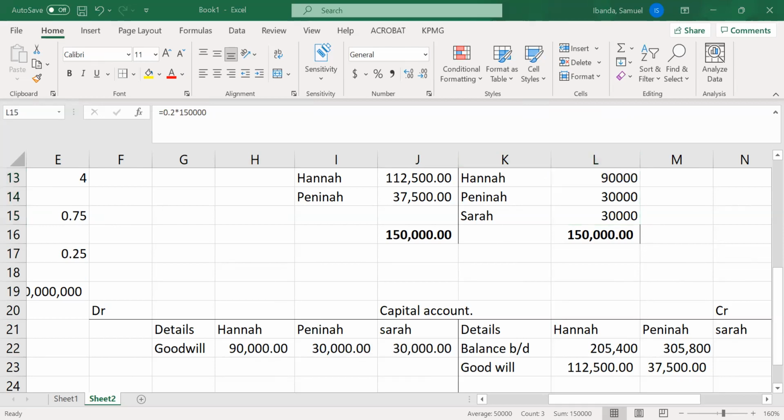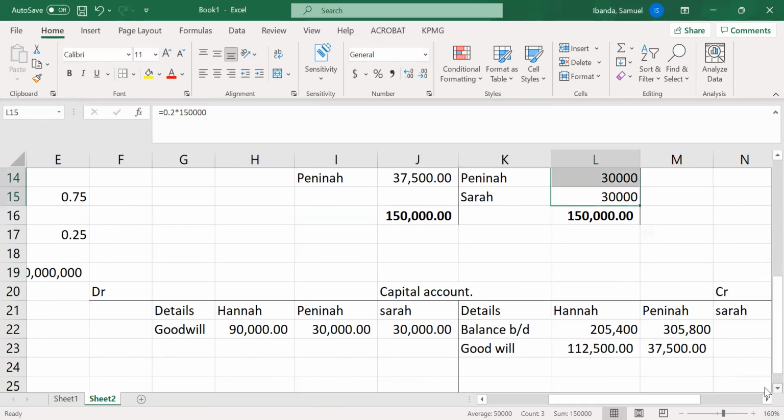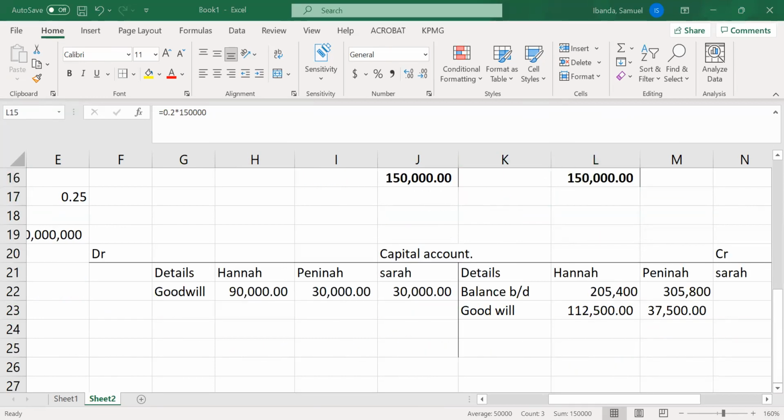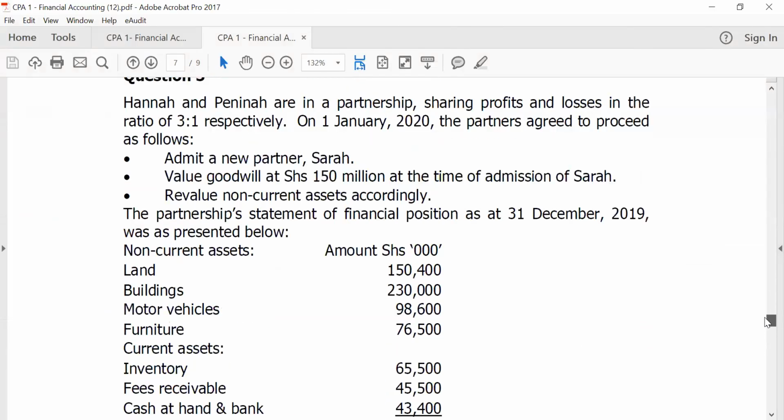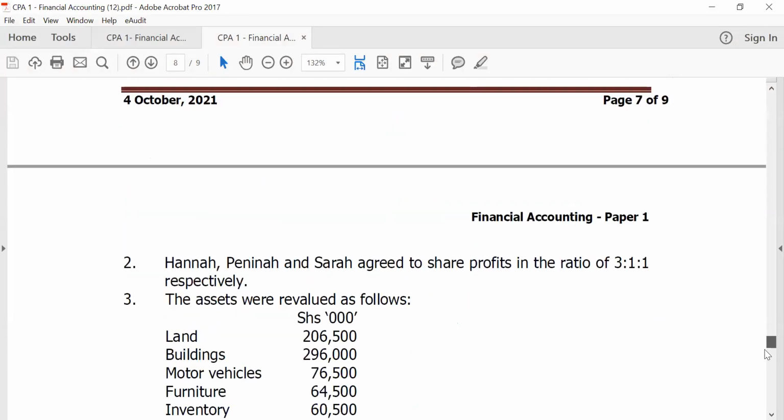Now, after you have done that, one of the things that we need to also look at is, remember, we have capital contributions. We have a capital contribution by our new partner. When you look at the information we have here,